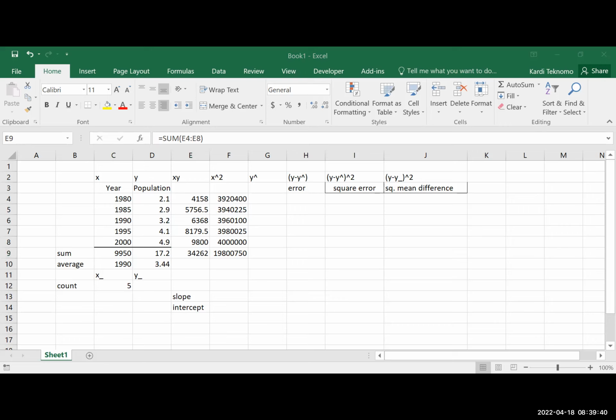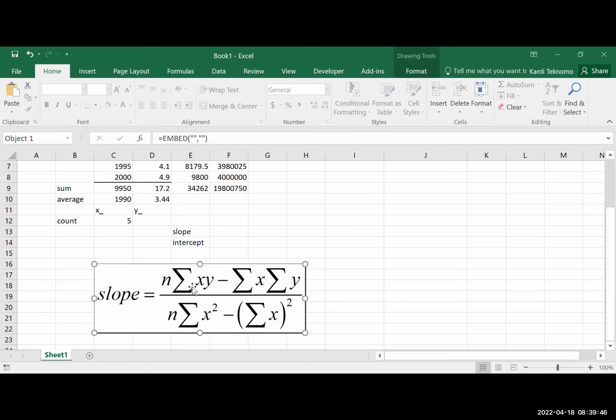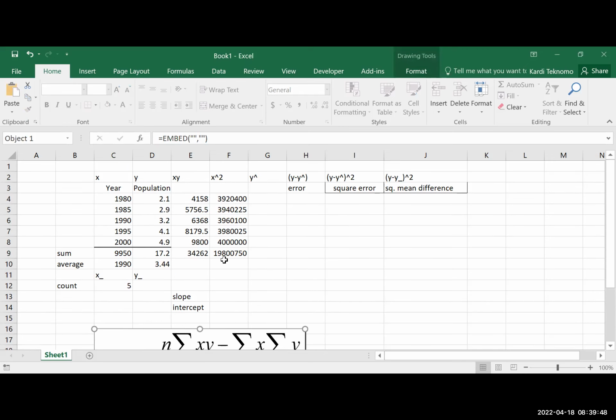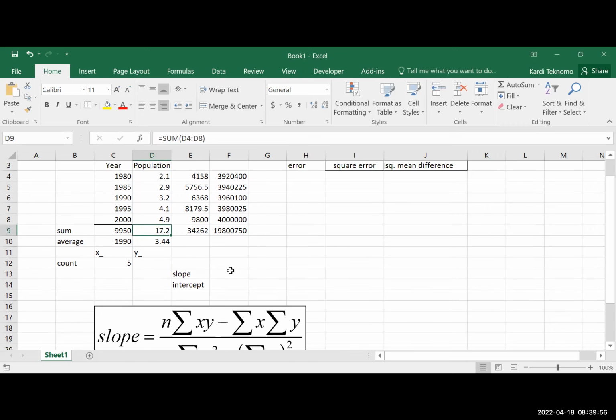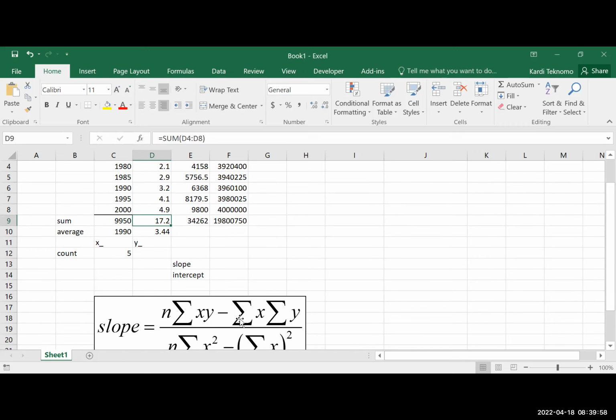So we have xy, this one. We have sum of the x here, sum of the y here. We have x squared here. We need to sum it. And okay, so we can calculate this slope. So this is n. So I put this n